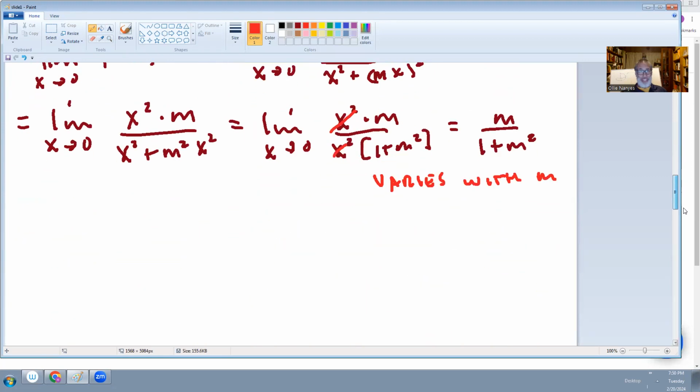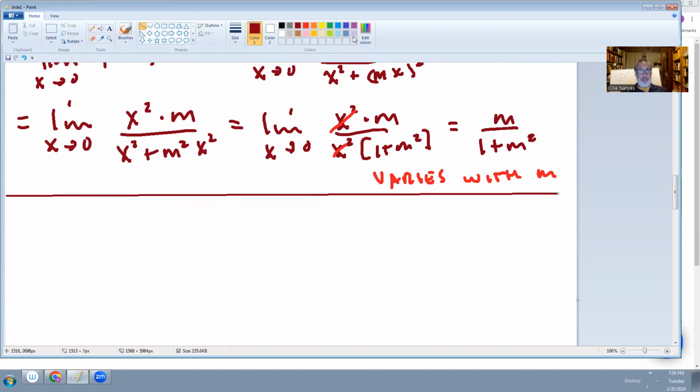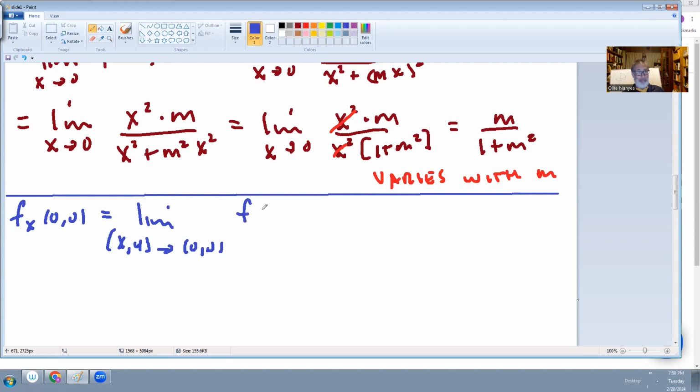Now, let's go ahead and look at the partial derivative. I'll do the calculation for one of these. So let's calculate the partial with respect to x at 0. So this is f sub x at (0, 0). Well, as you know, that's going to be the limit as (x, y) goes to (0, 0) of f of